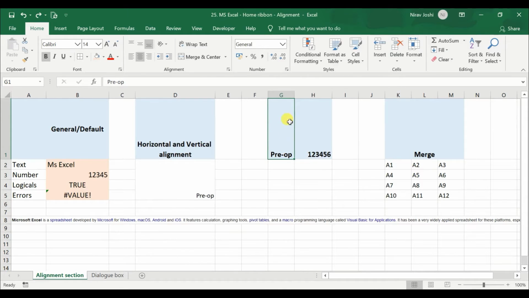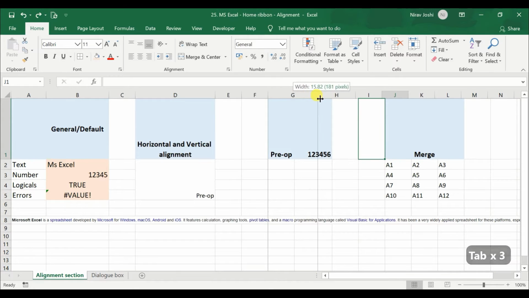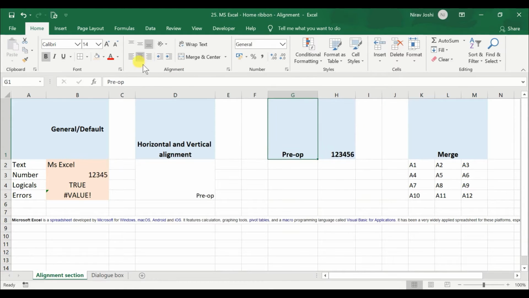Next we will discuss indentation in Microsoft Excel. Typically if you press Tab in Microsoft Excel, it will change the active cell towards the right side. So suppose I want to tab or shift the text towards the right side. Similarly to Microsoft Word or PowerPoint, we can use this increase or decrease indentation. By increasing the indentation, I can move the text towards the right side, and by decreasing the indentation, I can move the text towards the left side.